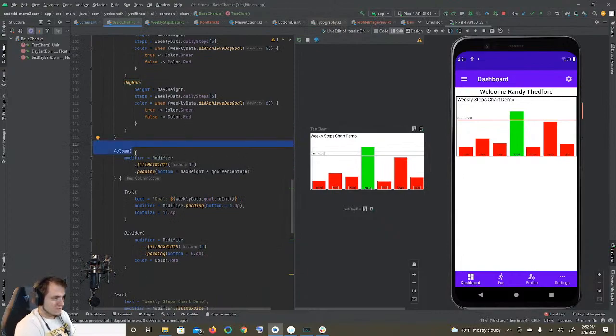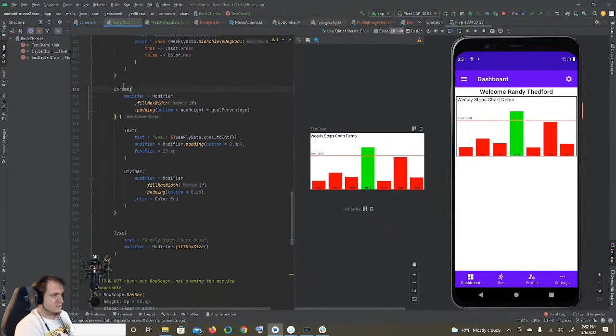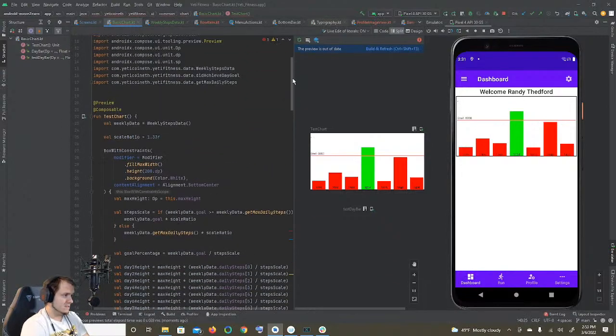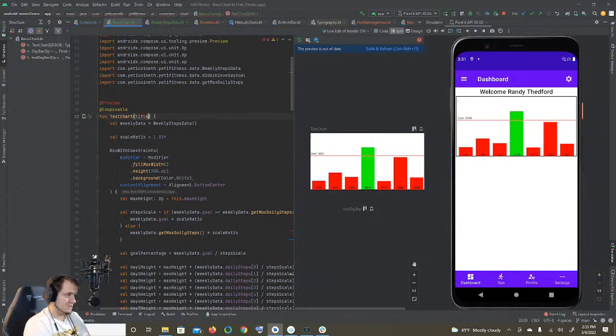And then what's out here? This is the goal line, and then also the title right here. I'm going to actually change this real quick to title. This is the title up here. Title is going to be a string of characters, which is going to equal, for default,